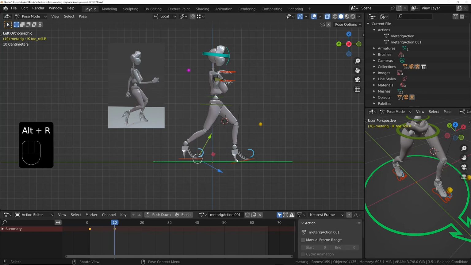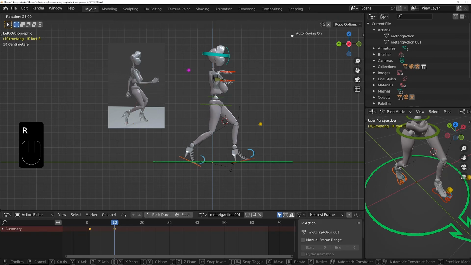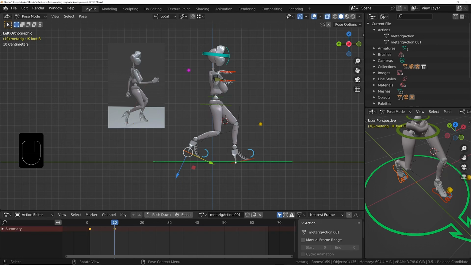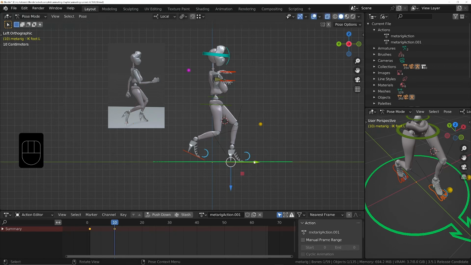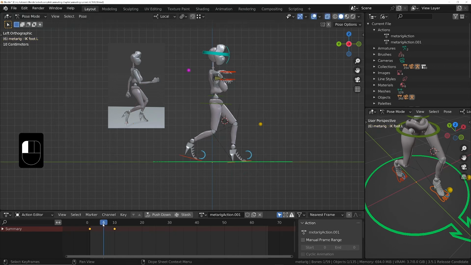Now I'll reset that rotation. I think we'll rotate on this instead. And then this one. This will now be flat, so we'll do Alt-R to make it flat. And we'll bring it back a little bit. If we just look at this,